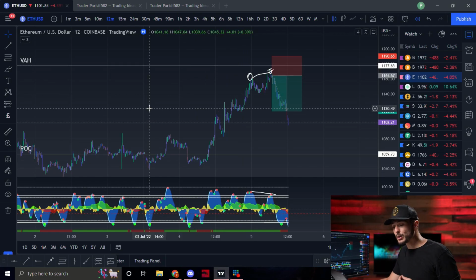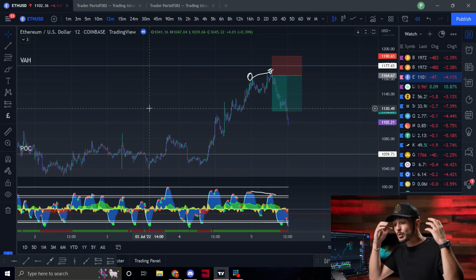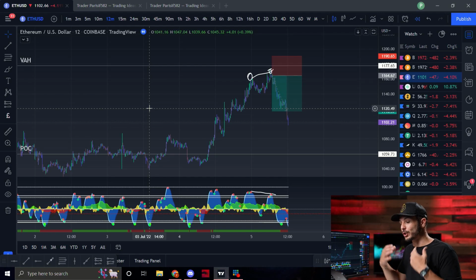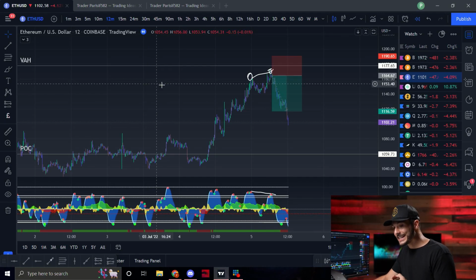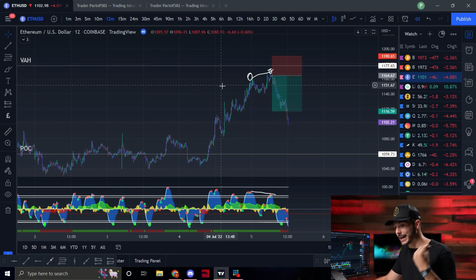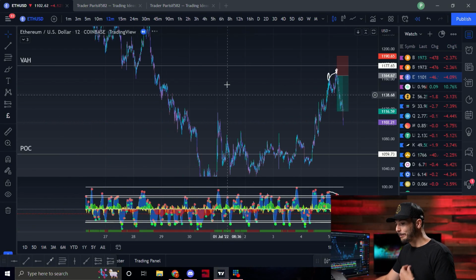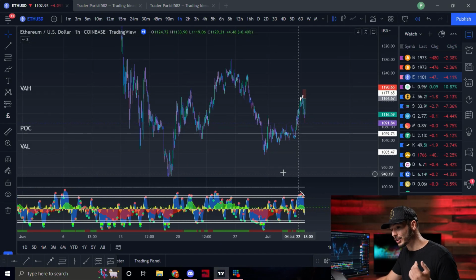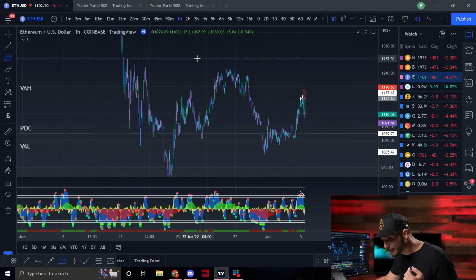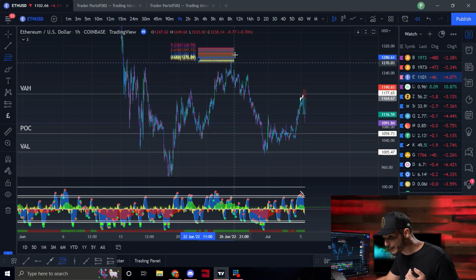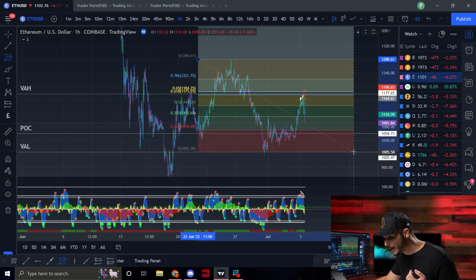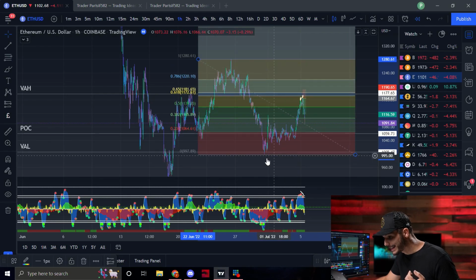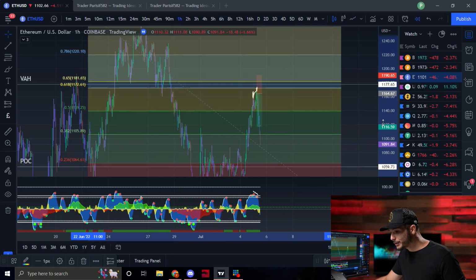You could also use Lux Algo to find a strong sell signal on one of these lower time frames, or a plethora of other indicators to try to add confirmation to these short entries. But as you can see, we did respect this value area high very, very well. And you can also add extra confirmation with things such as fib levels, right? If we go ahead and pull a Fibonacci retracement from this high right here all the way to the low right here, you can see we were also